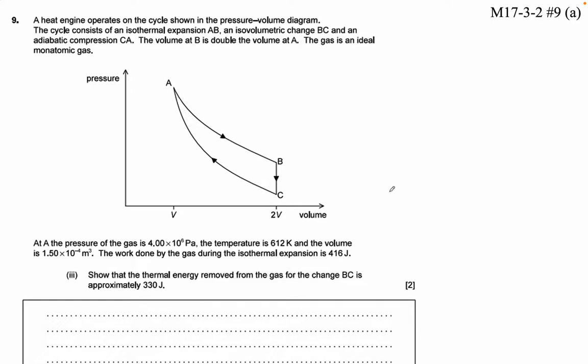Okay, so show that the thermal energy removed from the gas for BC is approximately 330 joules, right? So here's the basis of our argument. The work done here is 0 because the piston doesn't move, the volume doesn't change. Remember that work is pressure times change in volume, the change in volume is 0, so work is 0, okay? So that's concept 0. Concept 1 is that Q is change in internal energy